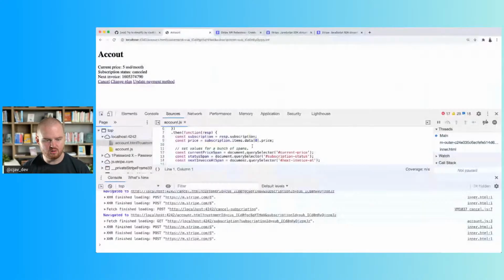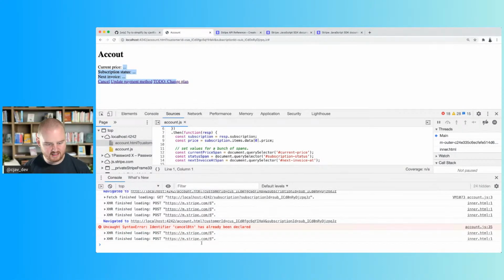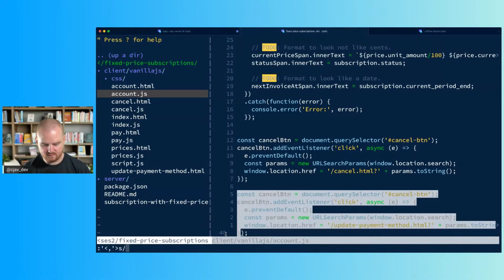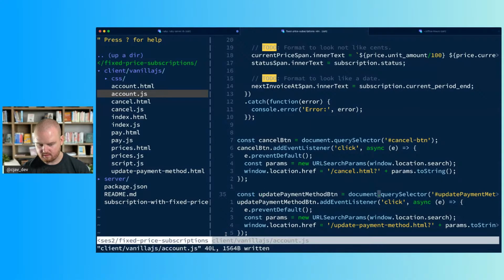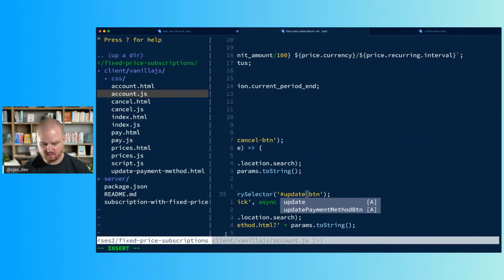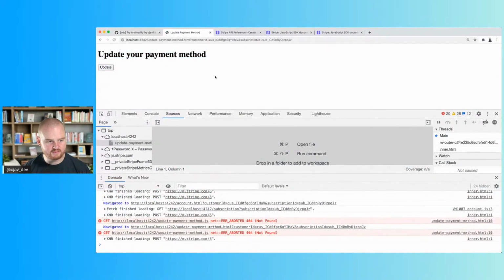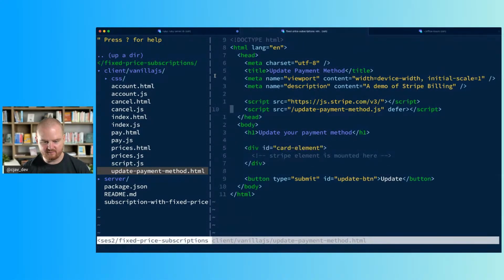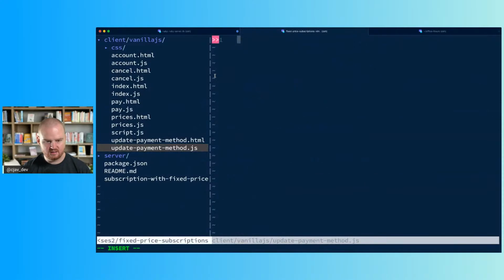All right. So when we get to the update payment method page, oh, what's going on here? Cancel button's already been declared. Oh, yeah. Okay. So this should be, and this needs to be update payment. Boom. Okay. Update your payment method. Cool. And on the update payment method page, we have this card element. We have our JavaScript that we need to add, update payment method.js, which is going to, we need to, like step one,